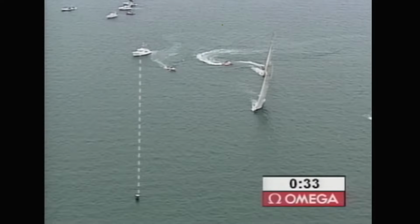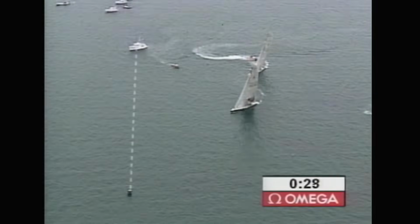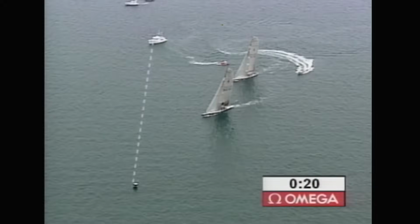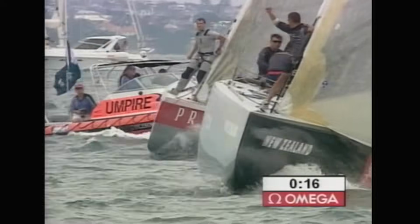Too late. Shopping list is in here. Team New Zealand own the left. Time and distance. Watch it. Team New Zealand have got the pin. They absolutely own the pin end. 17, 16, 15, 14,